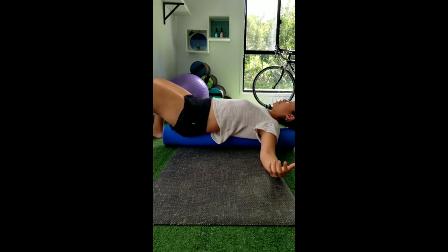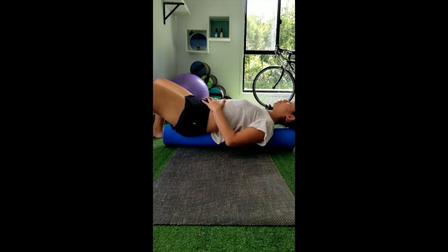And then the arms are going to come out with the palms facing towards the ceiling. And for most people, this will already feel like a really awesome stretch, okay? The roll helps to mobilize and open up our upper back. Okay, and we can feel that gravity is already helping us to stretch and open out the front of our chest. And in this position, you would simply do that breathing exercise, focusing on inhaling through the belly